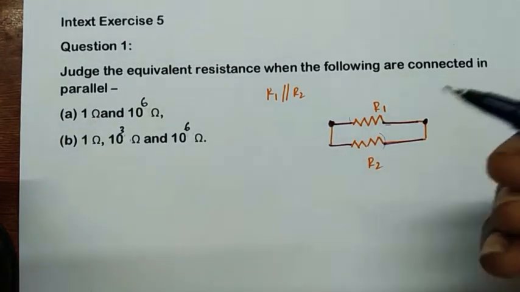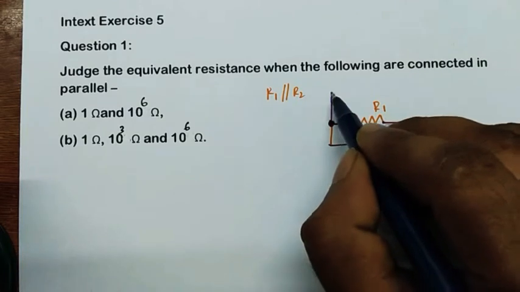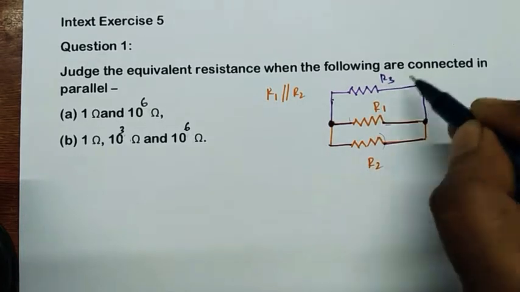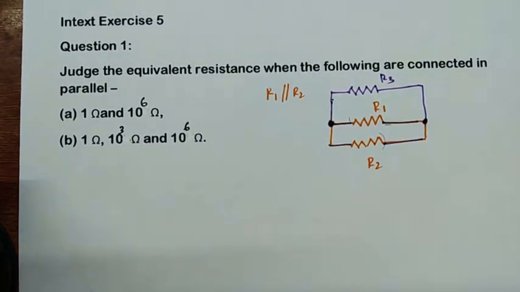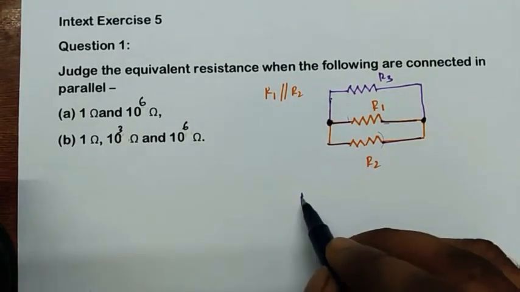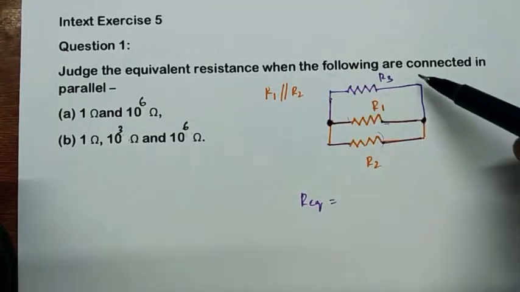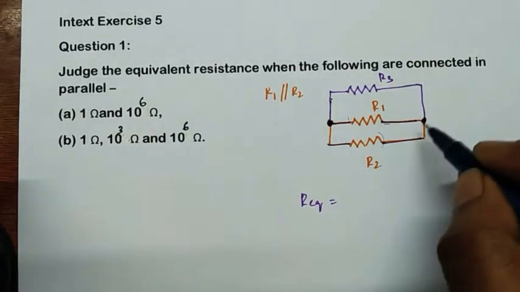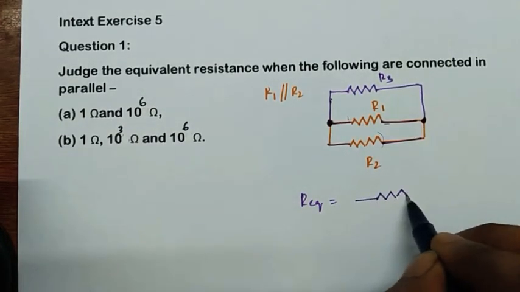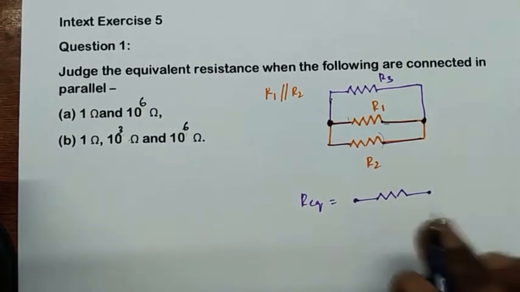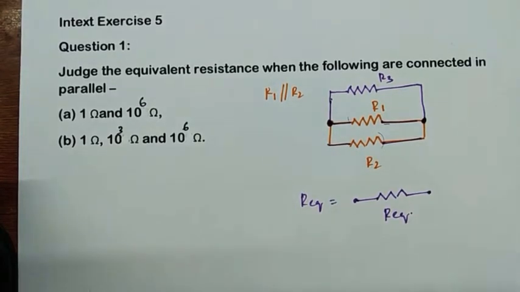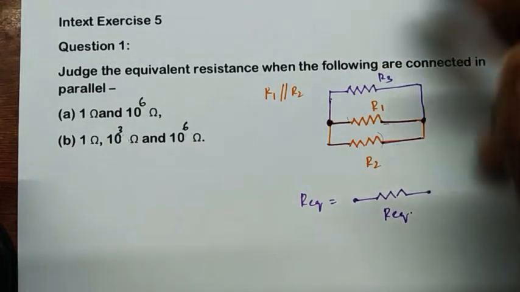If I want to draw a third one also parallel, I mean R3, I simply draw like this. This is R3, same nodes. So if the resistors are connected to the same nodes, we can say that the resistors are parallel. And the equivalent resistance indicates, for the total of R1, R2, R3, how much resistance there will be. This total circuit I am going to represent with one resistor. That resistor is the equivalent resistance, and it represents all three.